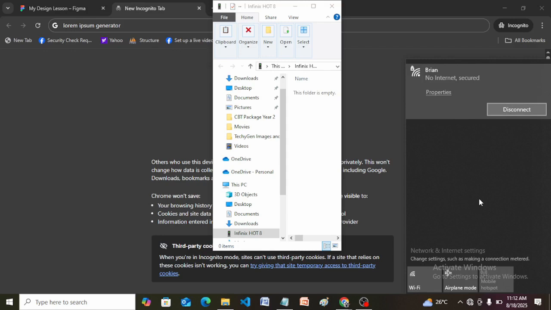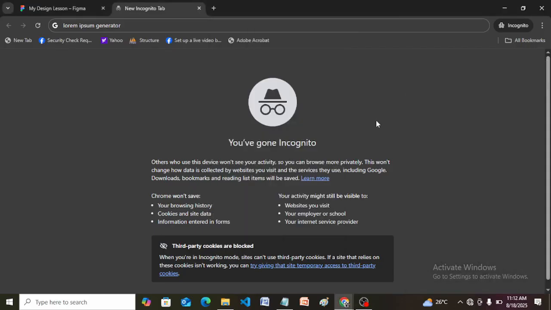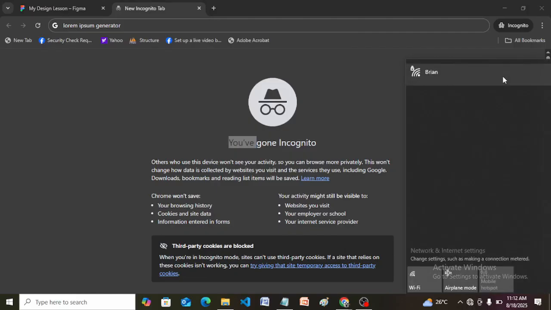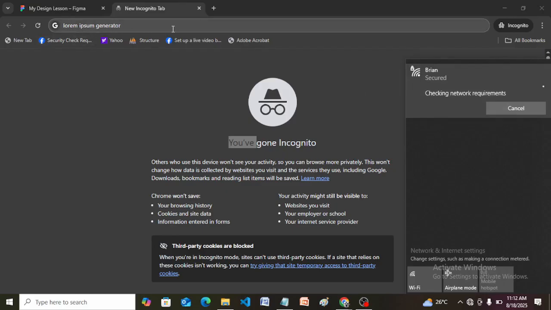Let me disconnect and reconnect again. So when you type in Lorem ipsum generator,